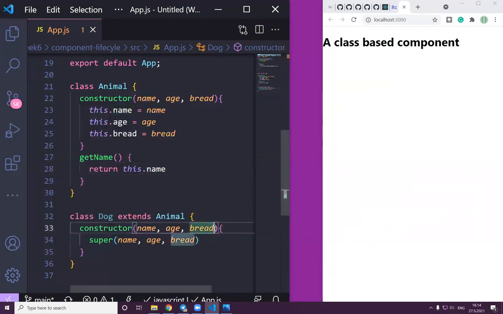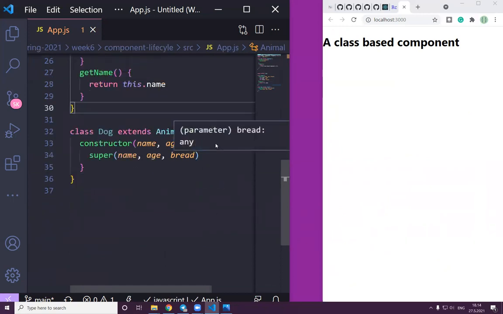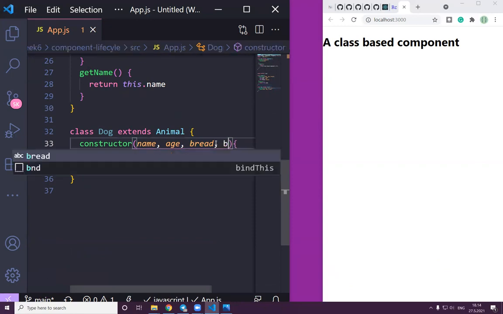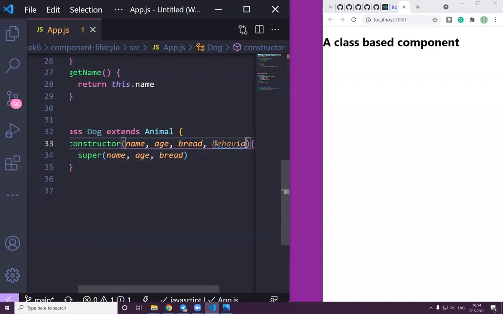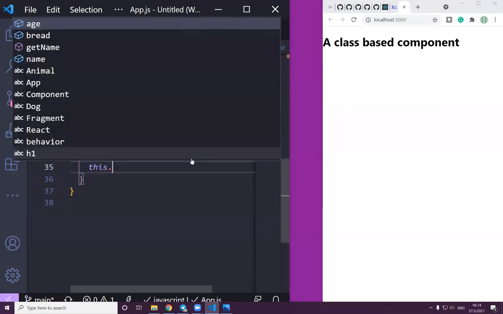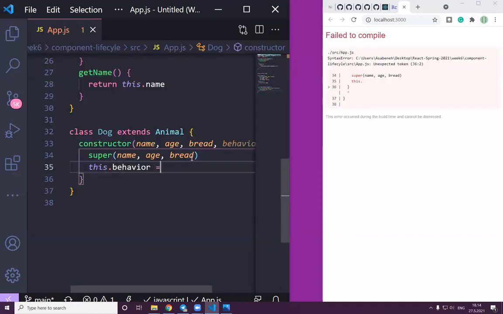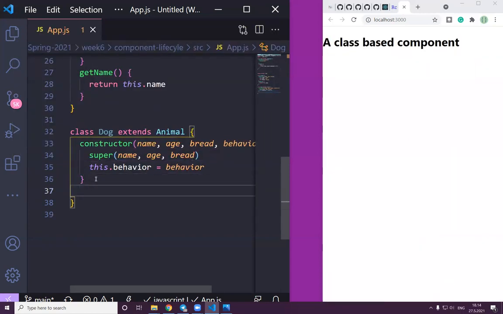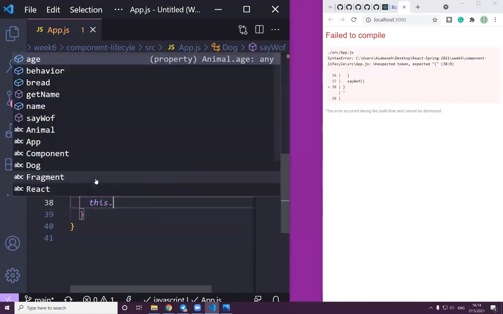But maybe I think this dog may bark, right? We can add this property, which I can call behavior, for instance. Here I can say this.behavior, and then I can add additional, say woof,